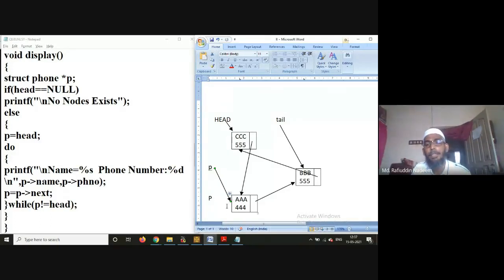P next contains address of BBB. So it will go to this BBB. Again, P not equal to head. P not equal to head is true. Then again, it is going to display P name BBB, and P phone number is 555. P is equals to P next. Now this time, again it is going back